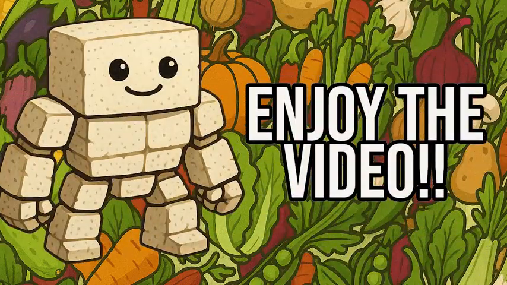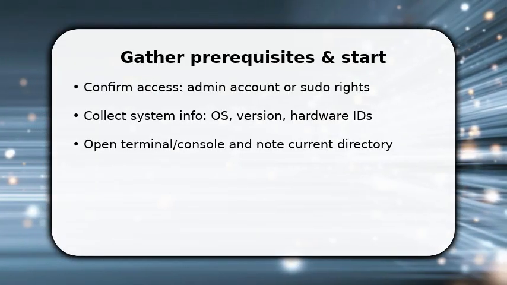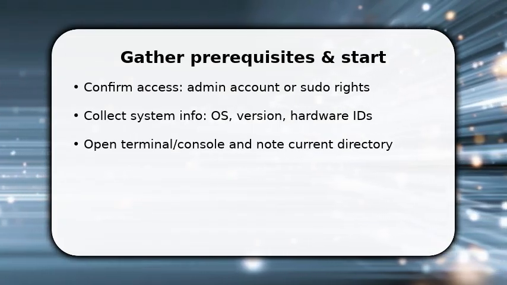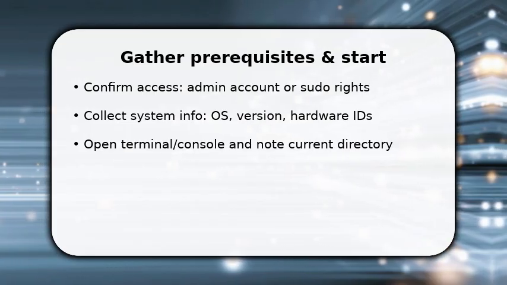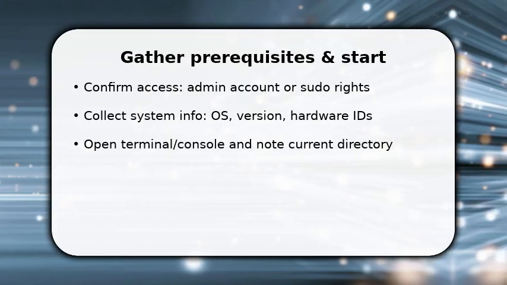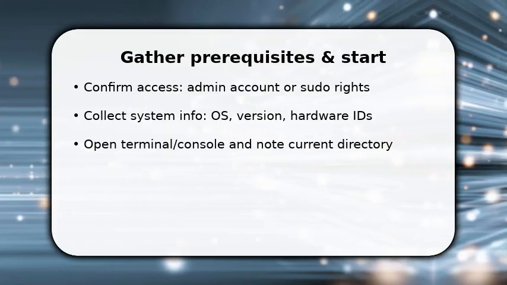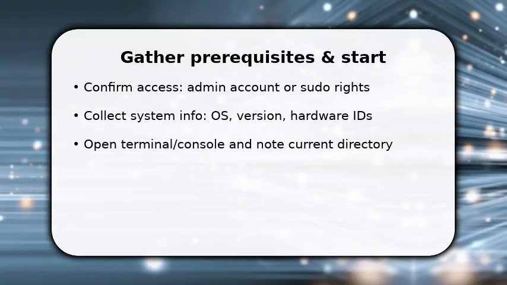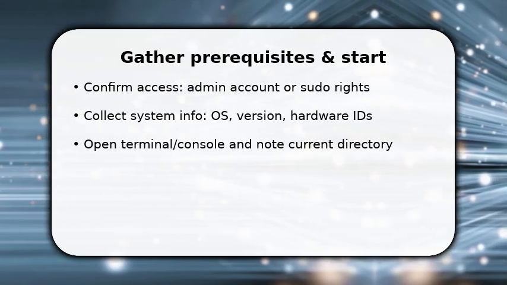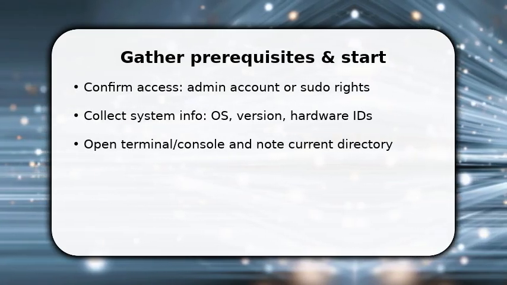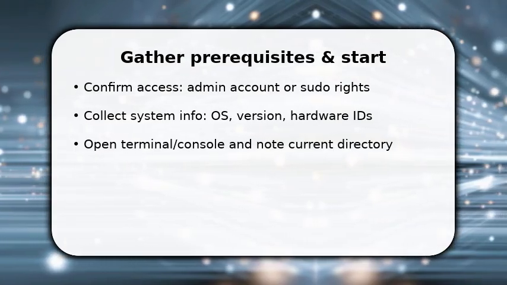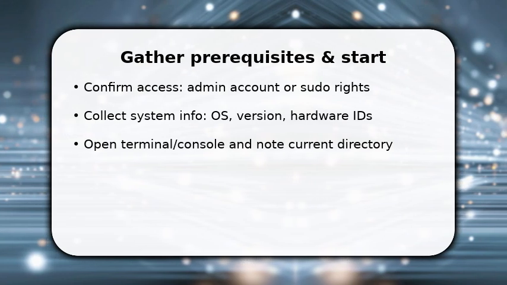You begin by confirming the prerequisites. You need an admin or sudo account and basic system info. Next, gather OS version, hardware ID, and any existing config files so you know your baseline. Once done, open a terminal or console and change to the working directory where configurations live. Make a quick backup of critical files before editing. This sets a safe starting point so you can act confidently and avoid accidental breaks as you proceed to inspect